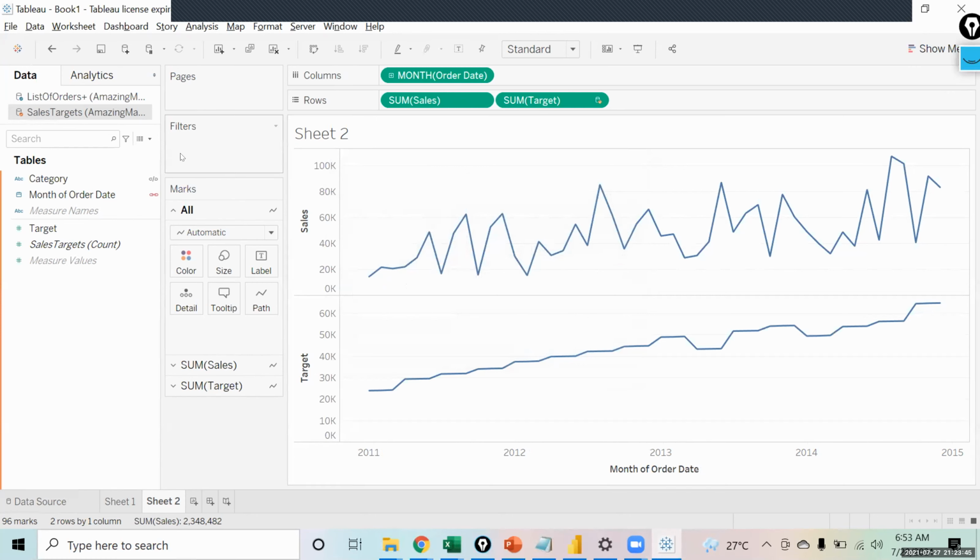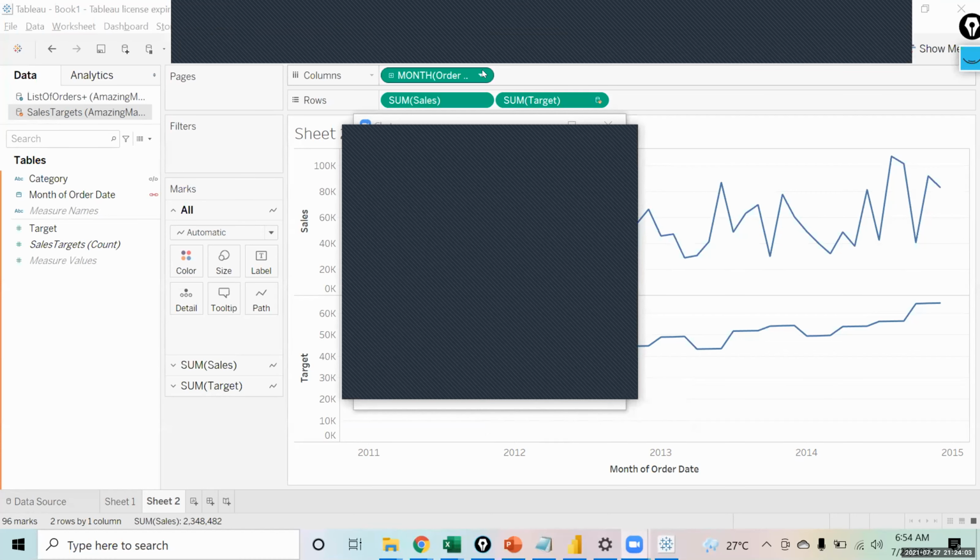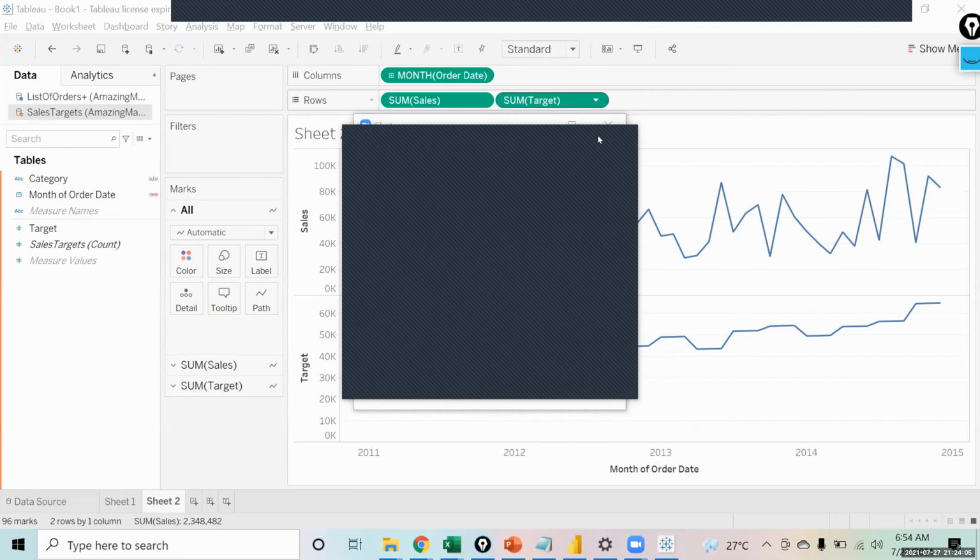And then click OK. And once the relationship is created, you will see a blend symbol has come up over here, and this chart has also now got corrected. Are you all able to achieve it?